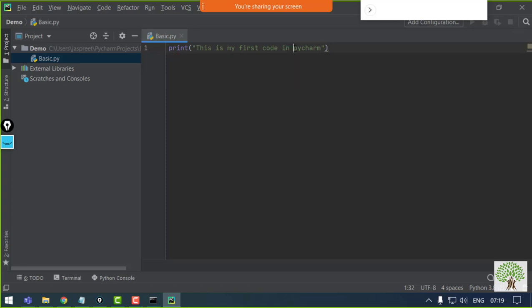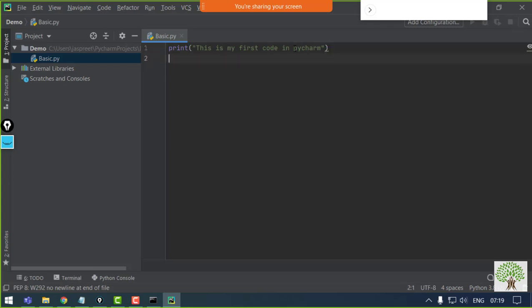Now over here in PyCharm, when you have ended your statement, you need to make sure that you press enter, because Python is an interpreted language which interprets line by line. So at the end of every line, it expects an end of line character. That means the line has ended.